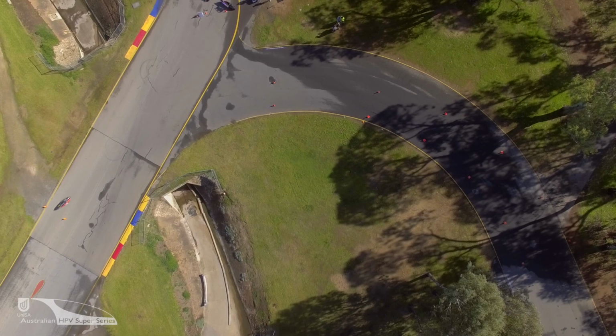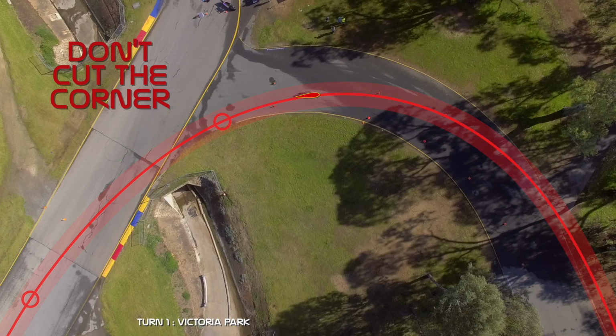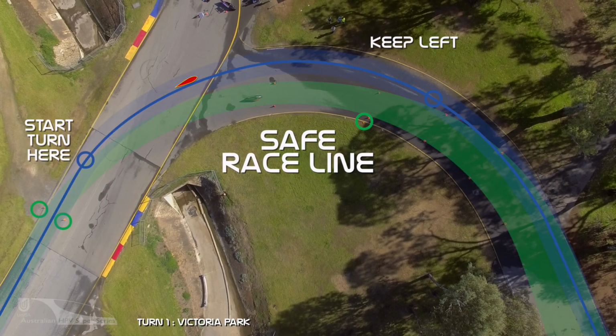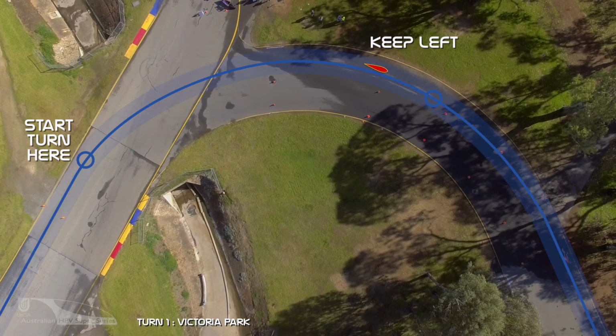A fast trike entering a corner too early will lead to a wrong race line. This upsets the balance of the vehicle and can cause collisions and flipping. At Turn 1 Victoria Park, it is recommended slow trikes remain to the left. Slower trike riders should not use all of the track and leave room either side for faster trikes to pass